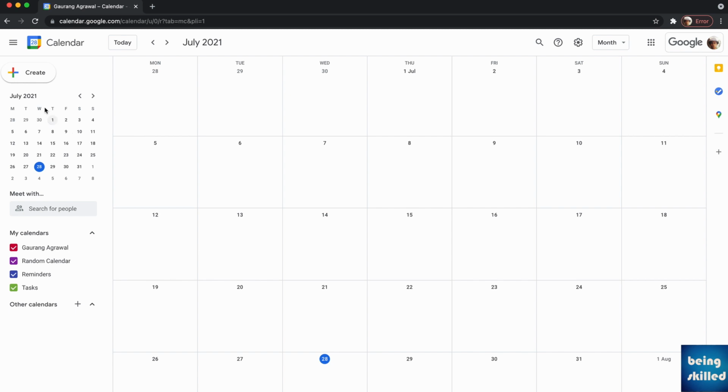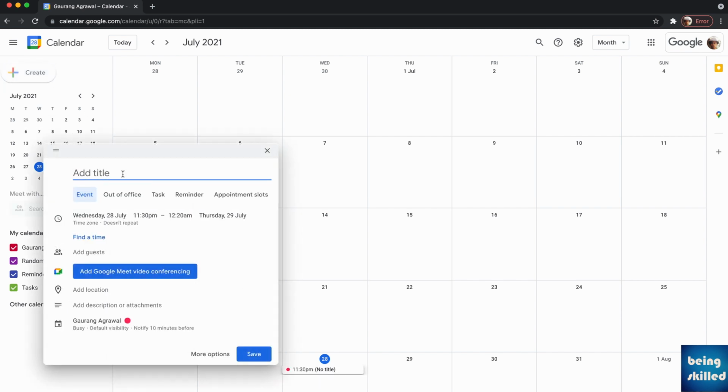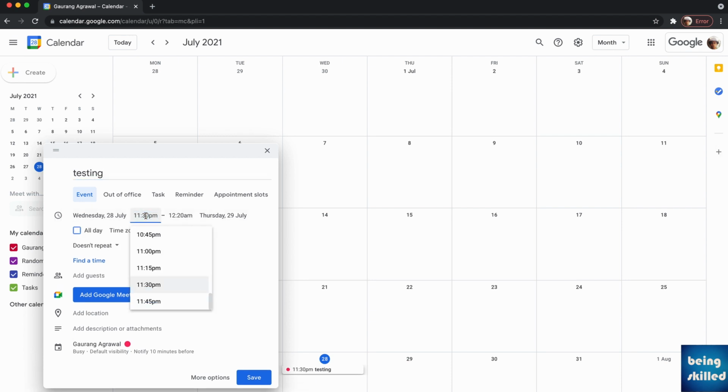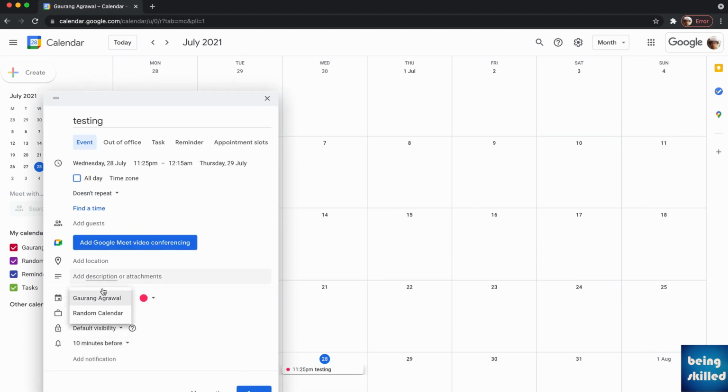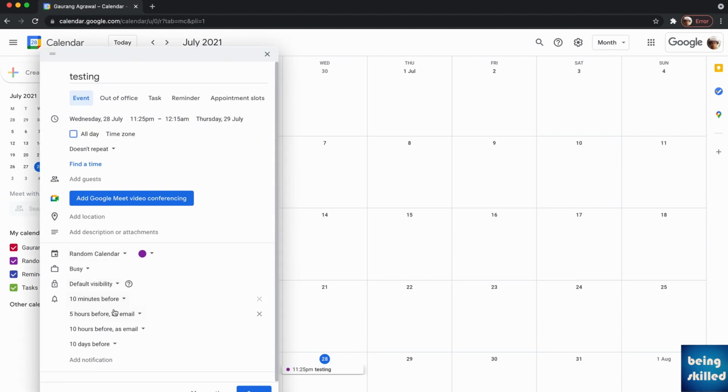So what you want to do is you can just create one event. So for example, testing is one of the events, and right now the time is about 11:18. We are just keeping it 11:25 because we'll be needing about that much time for setting up other things. So here we are having 4 notifications which we had